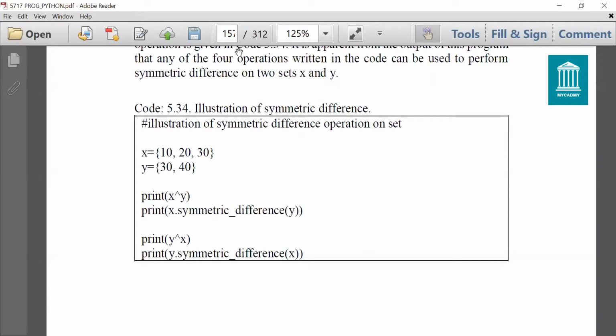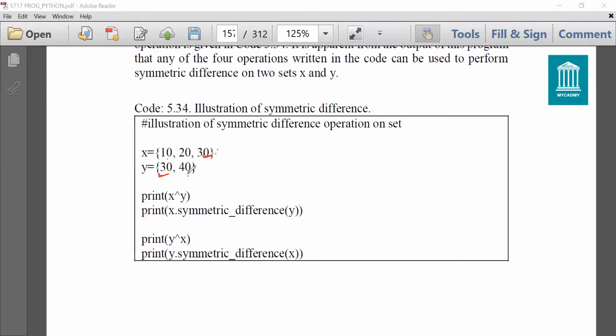So let me show you with a programming illustration. X is equal to 10, 20, 30 and Y is 30, 40. You can see that 30 is common in both sets, and when I write X caret Y, the answer will be 10, 20, 40.